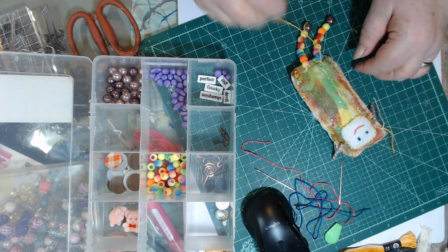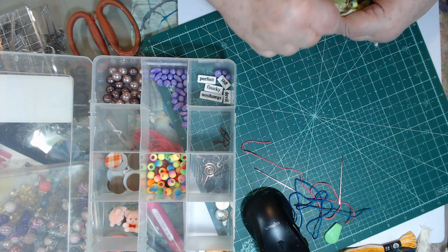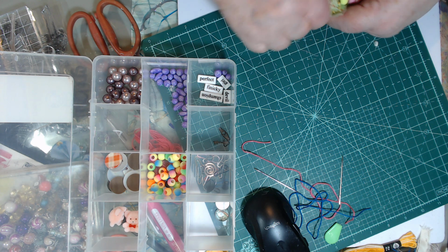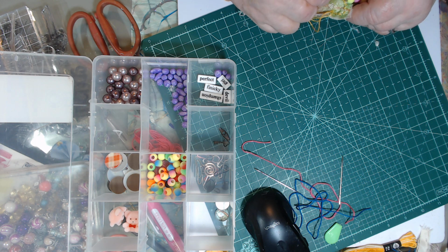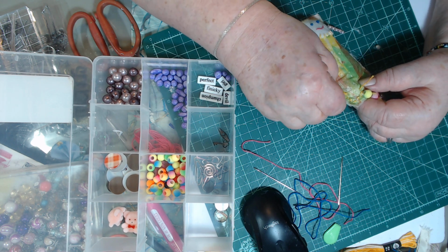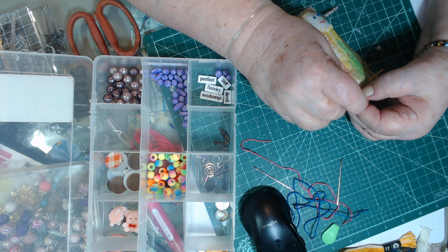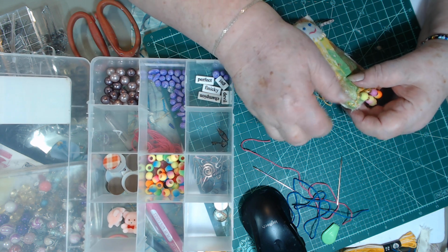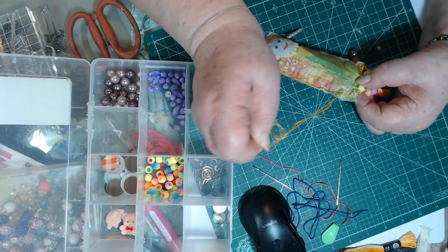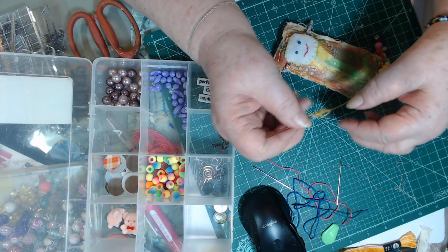Now, okay. So now we've got legs attached. Now she's going to need to have arms too, because I think you need to have arms if you're going to do the mashed potato. Come through, thread. Why is that not wanting to come through there? Now let's see. That one. Okay, well, it's stuck. Why is it stuck? Oh, there we go. Now we're cooking. We somehow got all tangled up in that piece of thread. Okay, now